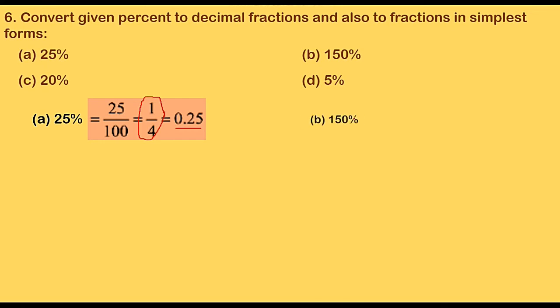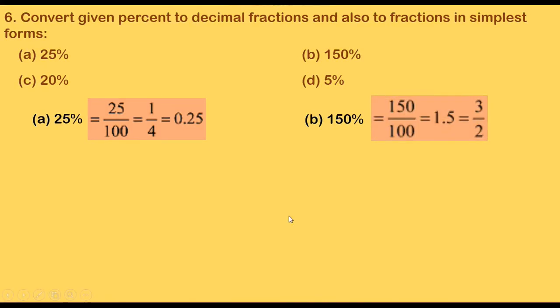150%. So 150%, if I write it in the percent form, I get 150 upon 100. Here, for making the decimal fraction, just remember, first find the decimal value. It will ease your task, because if I cut it to the simplest term 3 upon 2, then it becomes difficult to find it out in decimal fraction. When we have the denominator as 10, 100, 1000, it will give you simply the decimal value, just 150 upon 100. Just cut the zeros.